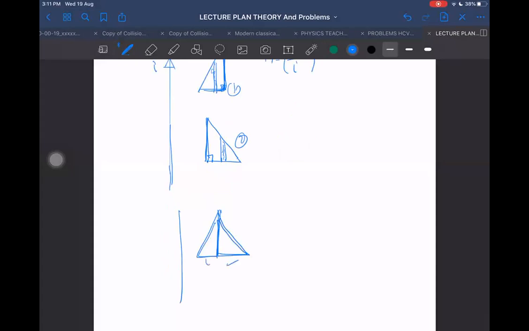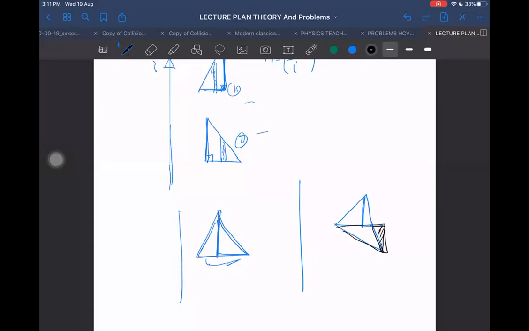If you are able to find for one and for second, then you can find for this kind of triangle also. And if you are able to find for one and two, then you can find for any other triangle. For example, somebody gives us this triangle. I can always split it into right angle triangles like this, and in the lower part, I have to split it in this way. Extra triangle I have to take first, and then I have to subtract that part. Extra I have taken, and then I have subtracted that part.